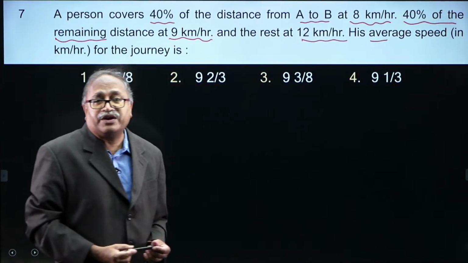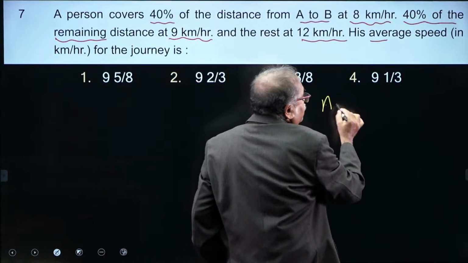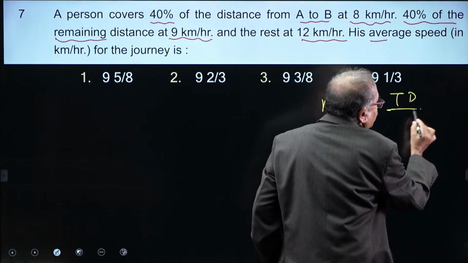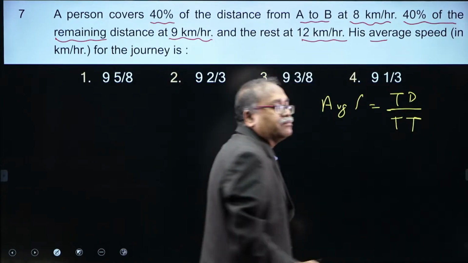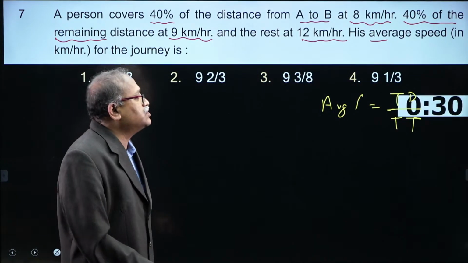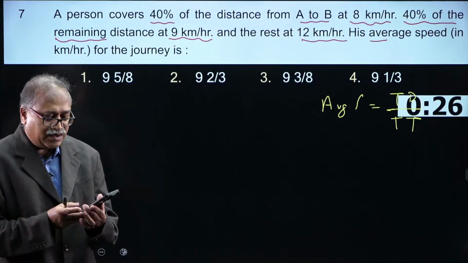Find the average speed. And all of my friends must be knowing that average speed is equal to total distance by total time. You will answer the question, I am sure, and this is the last question. Just do the calculation. It's a practice only,